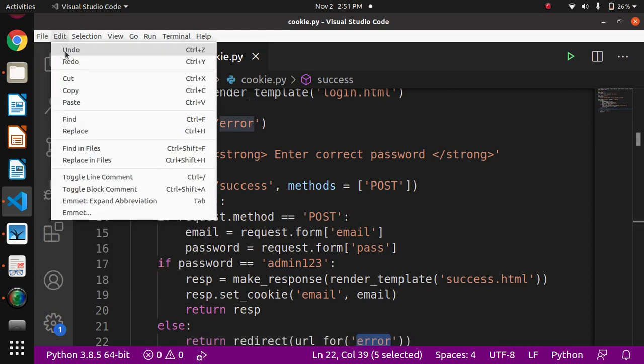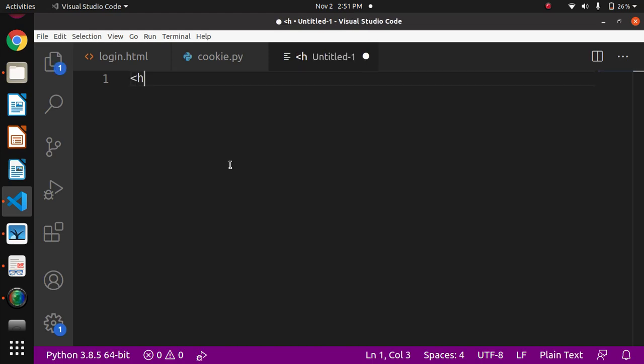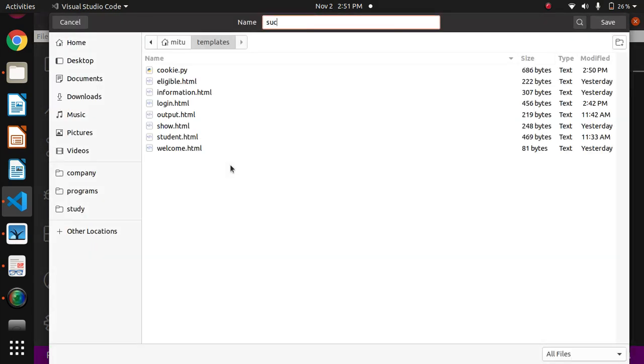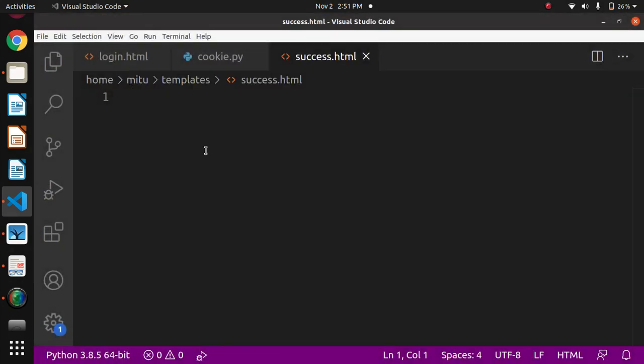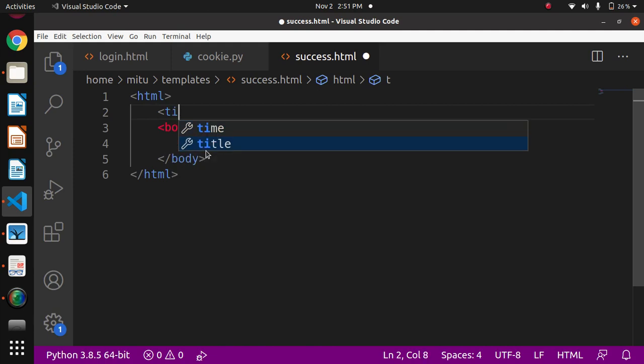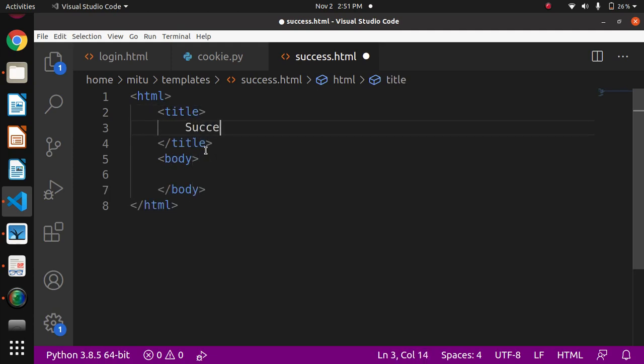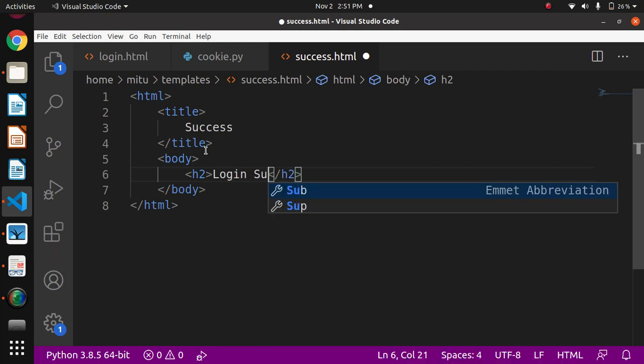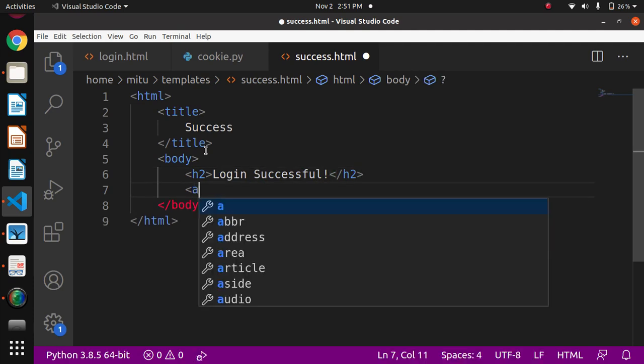So let's create one more file, which will be success.html in the templates. Okay, fine. So here we'll create the HTML page. Let's give a title to it: Success. And in the body we'll write something in the header format, h2, Login successful. That's it. And below that we'll add a link